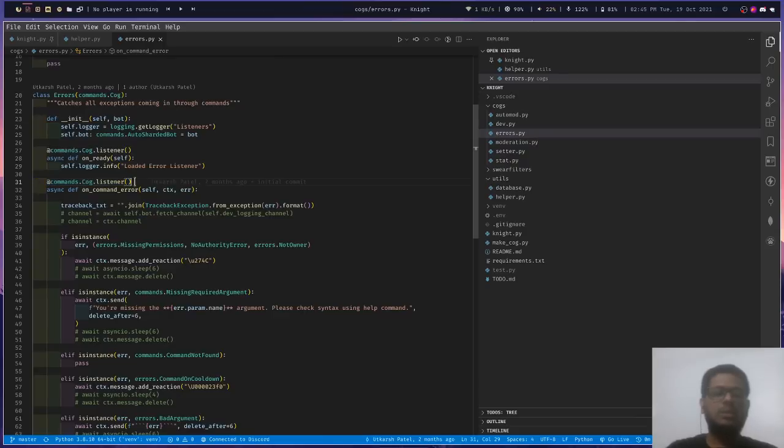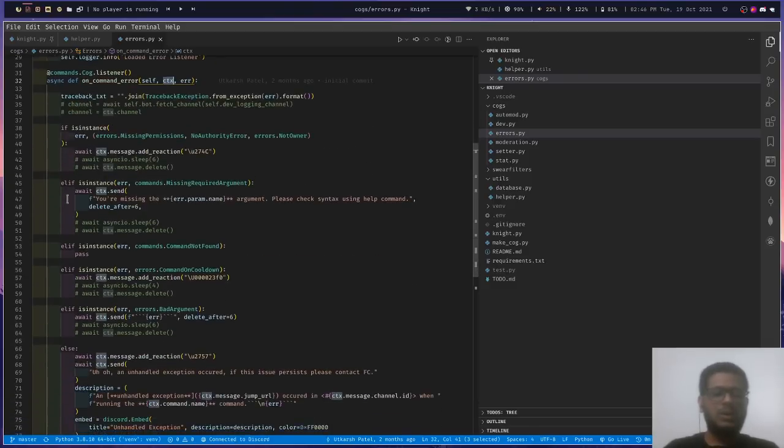So whenever the bot raises an error, this function will be called with ctx. Ctx is the context, that is the object that stores all the information of the message, and the error is the error object.